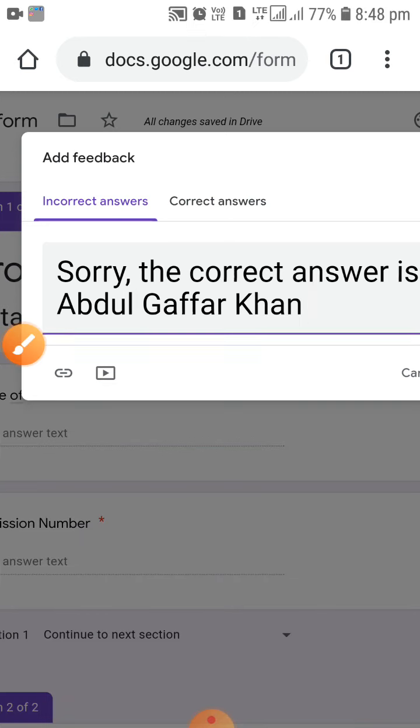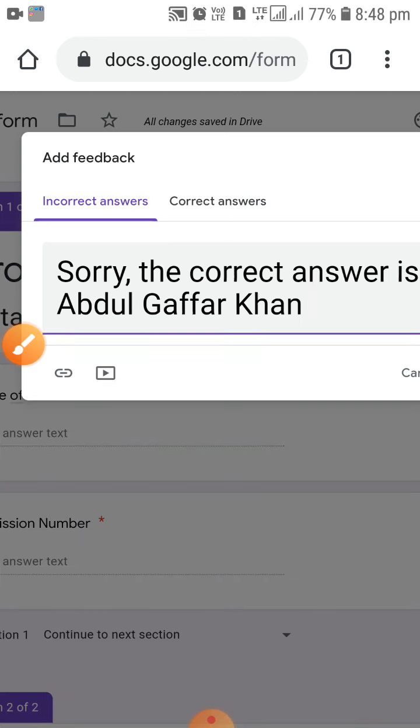That is all. Now one more thing. I'm clicking on incorrect answer. So suppose someone has given wrong answer, and you want to share some link with them so that they can get the correct answer from there. So it is quite easy, my friends. You can see over here two buttons are there. These buttons are to share some links or some videos with them. You can share so that they can go through the video.